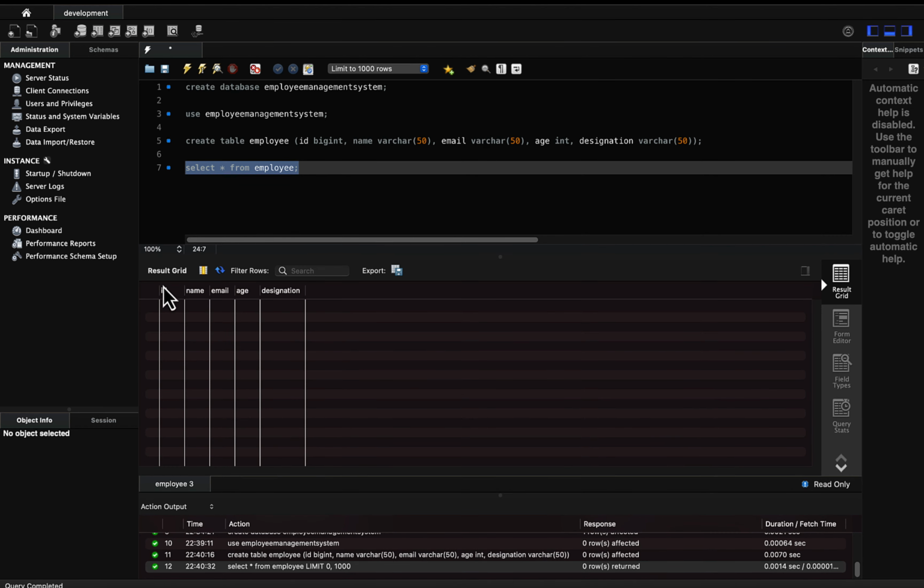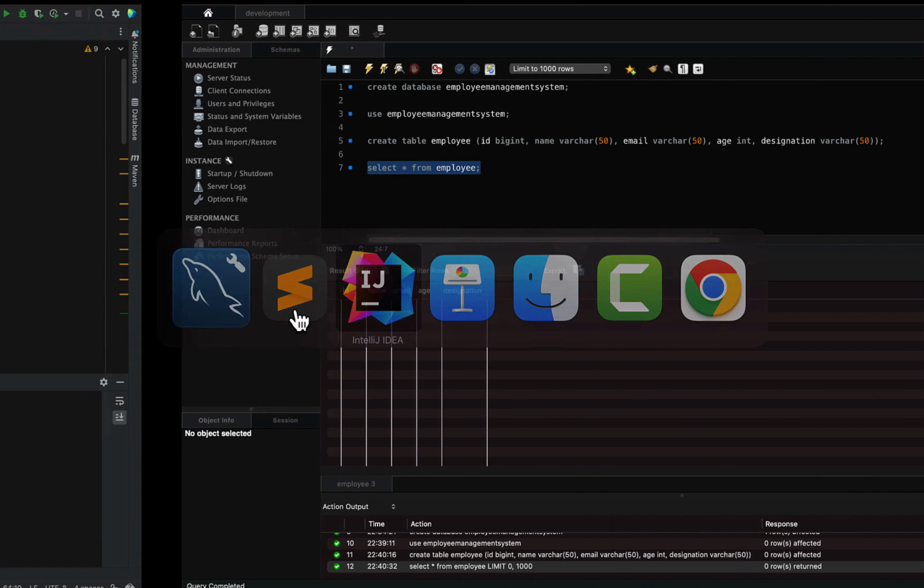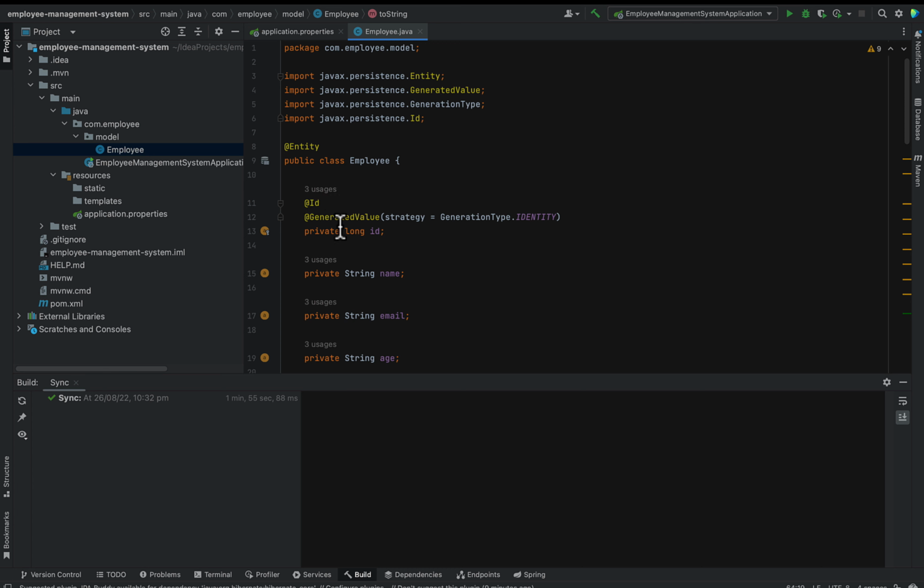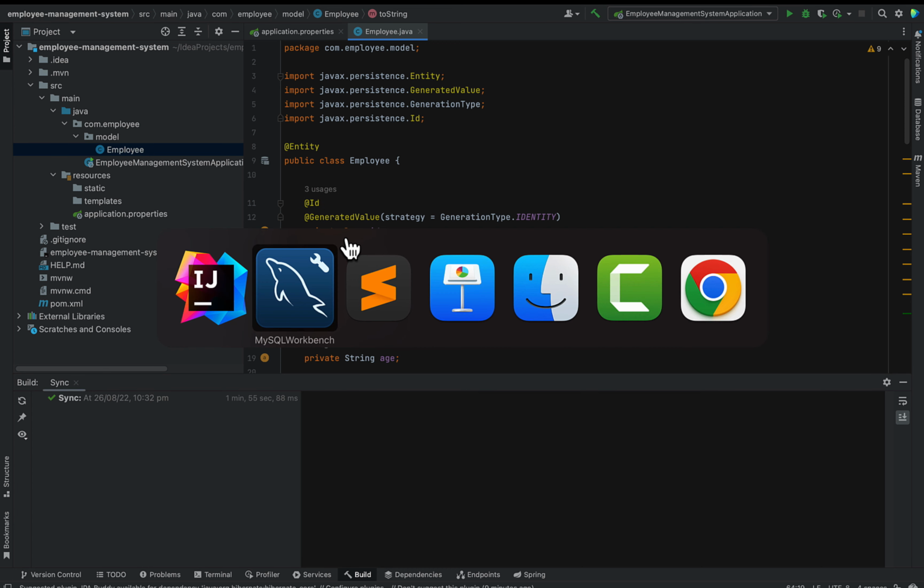So here you can see that our employee table was created successfully, and since it has no data currently, select star from employee returns an empty table. So this part is also complete. Let's move to the next step, and that is